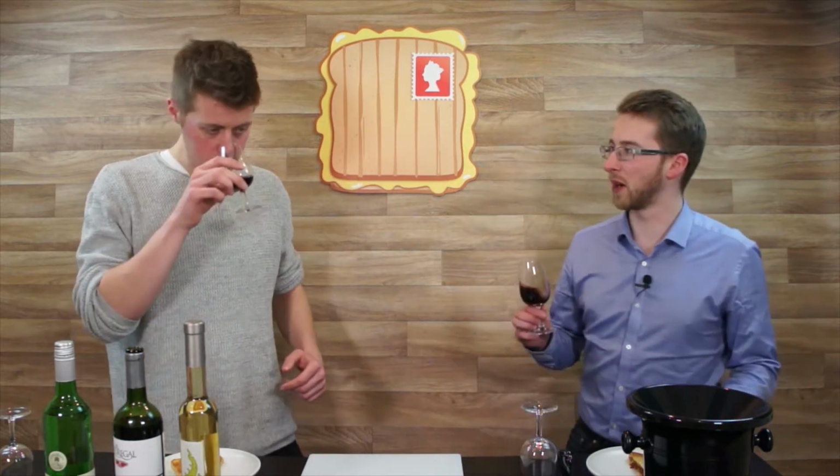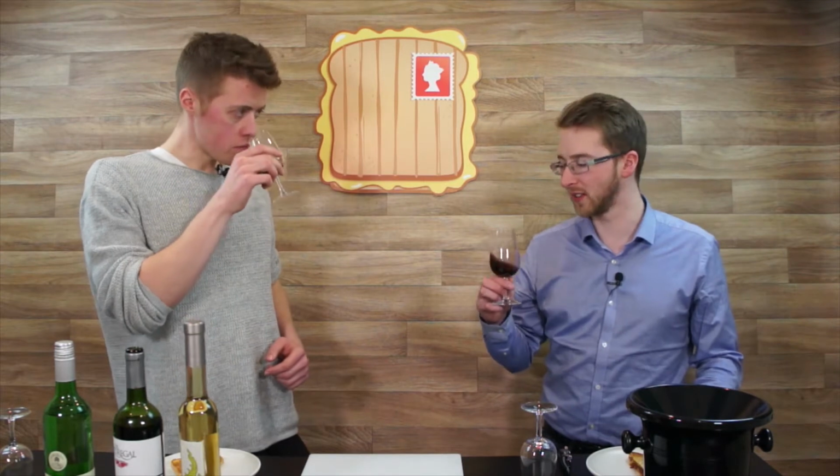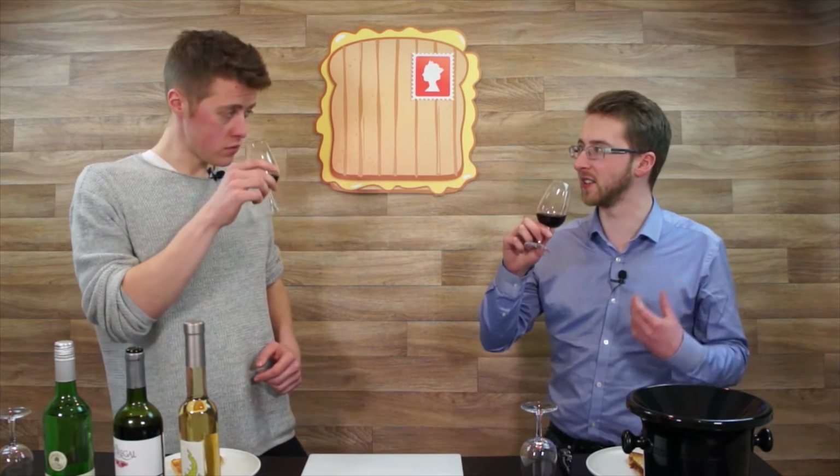It's got quite a plummy, really fruity, meaty sort of nose, but then when you taste it, it's quite full. Yeah, I see what you mean by the meaty kind of depth to it. That goes really nicely, particularly the smokiness with the wine. And now, hopefully, when you go back to the wine, that tannin, that dryness, should be really, really soft,